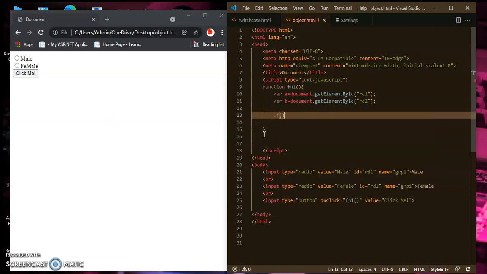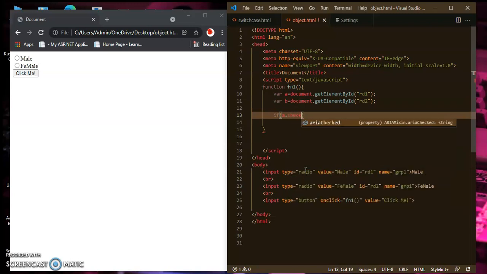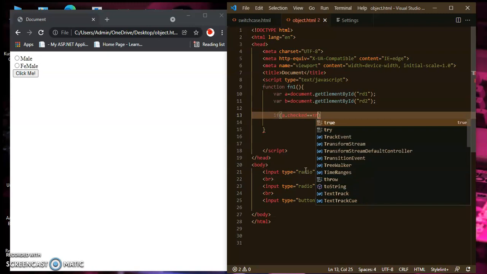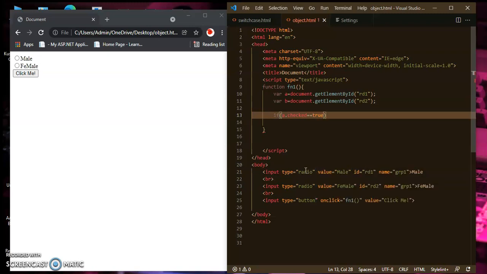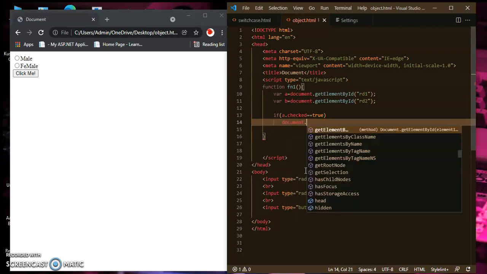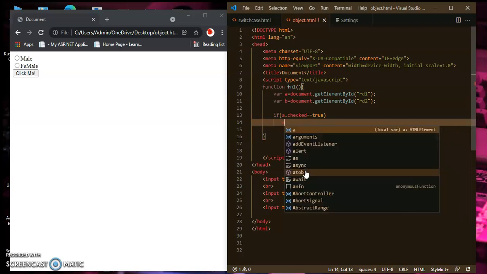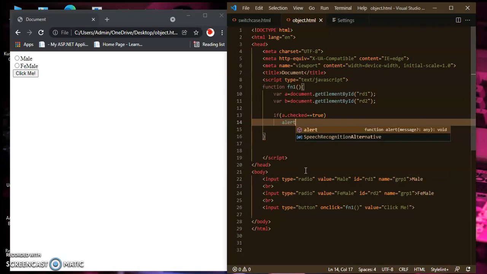So if a dot checked equal to true, then display a message, means alert.